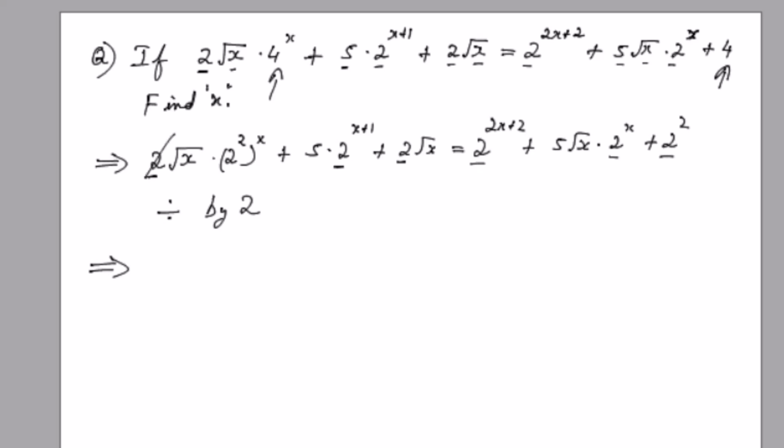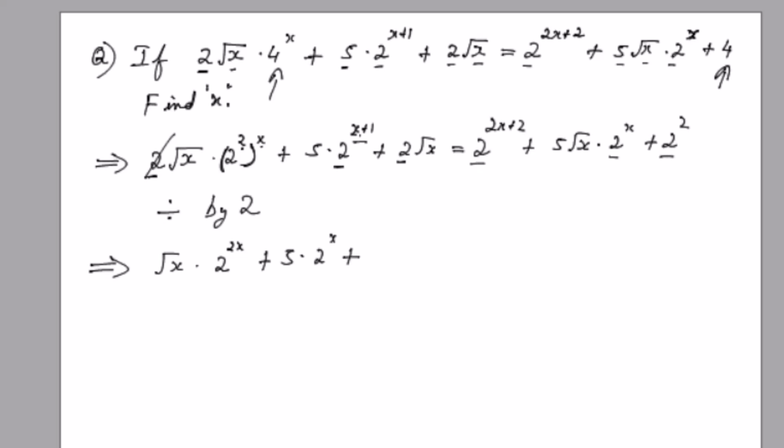We have square root of x into 2 to the power of 2x, since 2 to the power of 2 whole raised to x is getting converted to 2 to the power of 2x, plus 5 into, now since we are removing one 2 here, dividing by 2, we will not have x plus 1, it will just be x. So 5 into 2 to the power of x